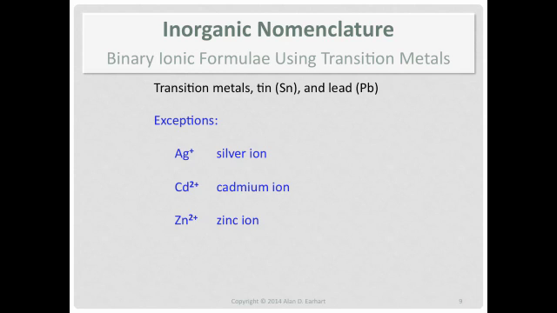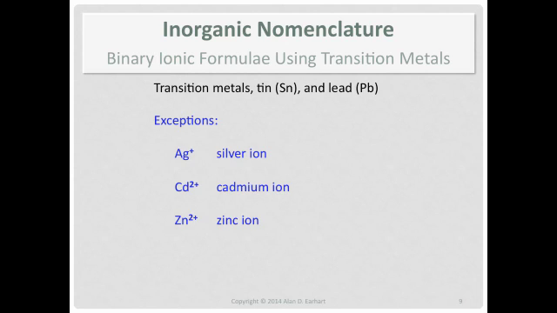And the reason why there are some differences is that the official IUPAC recommendation is actually vague. It says that the stock numbers do not have to be used, which suggests they can be used. So what we're doing is we're using general practice over the years. So no stock numbers on the metals that we've talked about so far in columns 1A, 2A, or 3A. Only transition metals, tin, and lead get stock numbers, and these three exceptions do not.